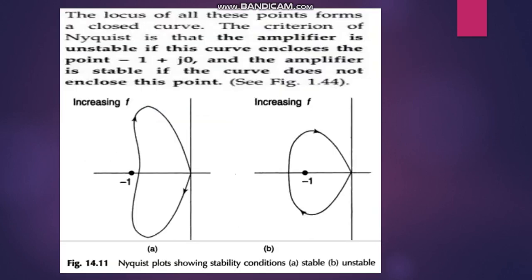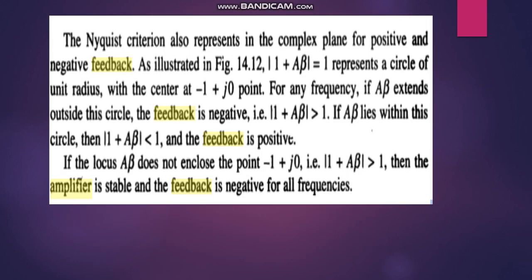Next, the same definition: the amplifier is stable if the curve does not enclose this point, and the amplifier is unstable if the curve encloses this point. You can understand this from the diagram. In the first, the amplifier is going to be stable, as the curve does not enclose this point. In the second, the curve encloses this point, so the amplifier is unstable. Next, the Nyquist criterion for the complex plane is used for both positive and negative feedback. The modulus of 1 plus A into beta equal to 1